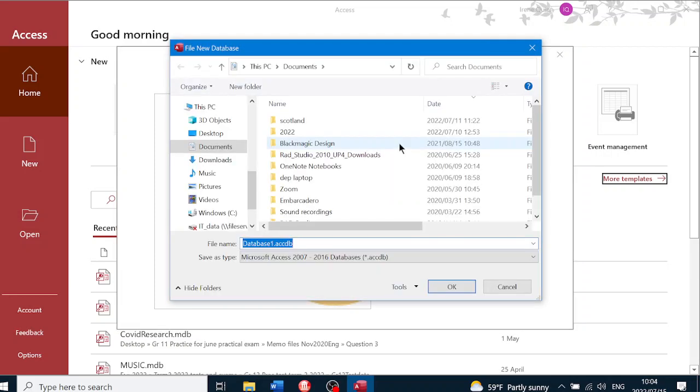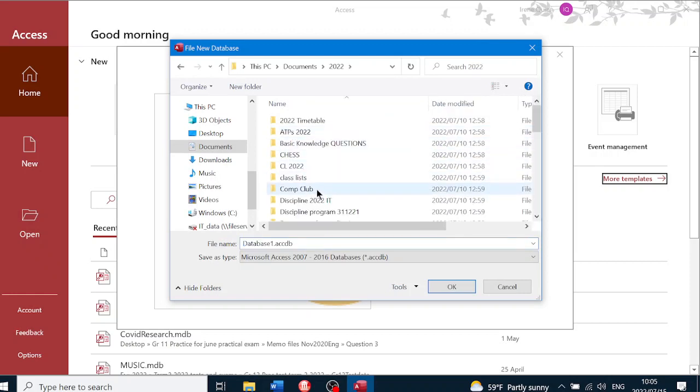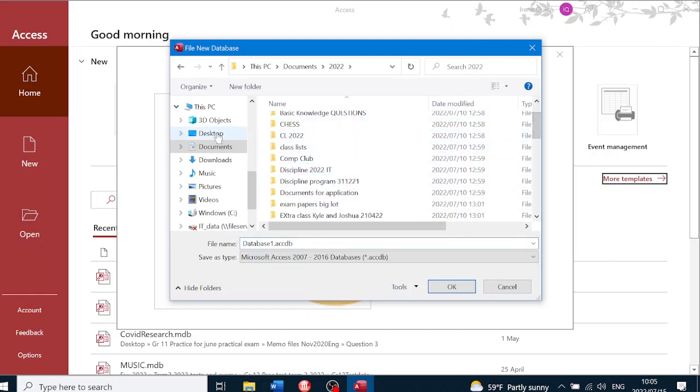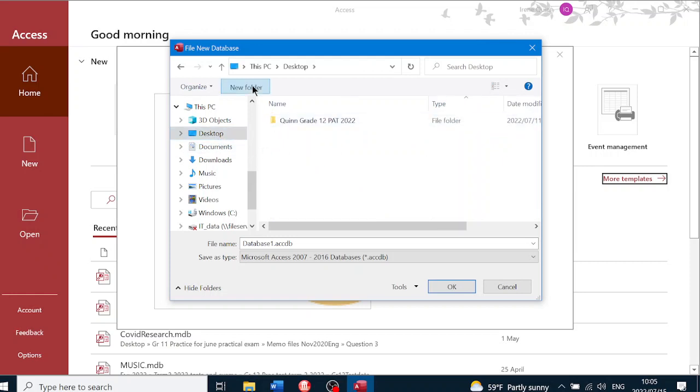We don't even bother naming the database yet, and then you browse to your folder where you are going to put your, I'm going to put it on my desktop for now, but you must make sure you put it in a safe place. So you create a folder with your name and PAT phase 2. This is going to be your program,